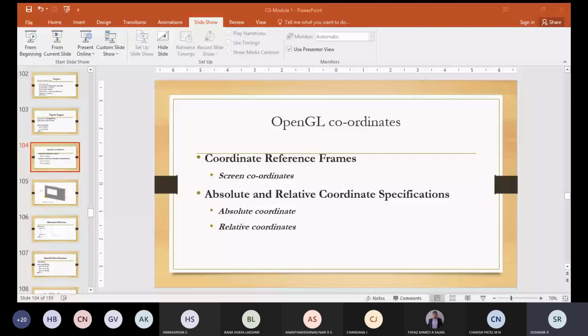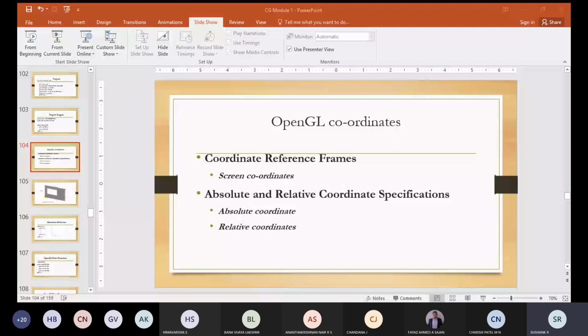Now there is one concept called relative coordinates. Here you will specify the positions using relative coordinates. This method is useful in painting systems, in graphics packages, and for publishing and printing applications.